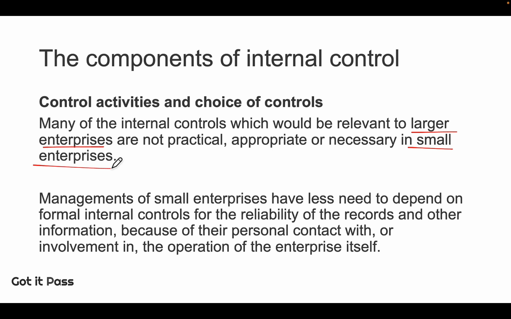So it can make it more simple, but for larger enterprises, no, because even for $1 million expenses, it is approved by, say, a local team manager or local team head without the need to have the global headquarters approval as well. So for larger enterprises, they have a more detailed way, sometimes not practical for small enterprises, to do the internal controls. That's why there are differences between larger enterprises and small enterprises in the control activities.